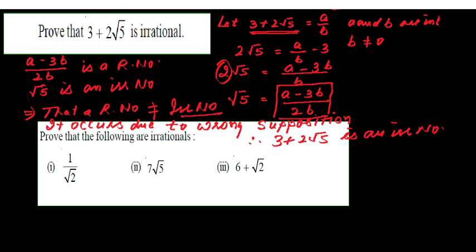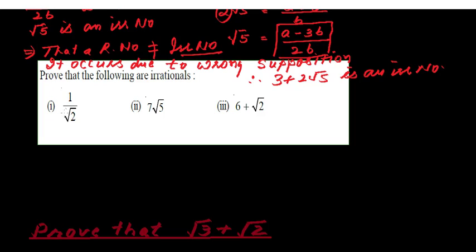I'm taking the next one by the same method. Once again, let a upon √2 be equal to some rational number a upon b. You must write the condition here, where a and b are integers and b should not be equal to 0. Multiply them both sides, or get its reciprocal. Taking reciprocal on both sides,